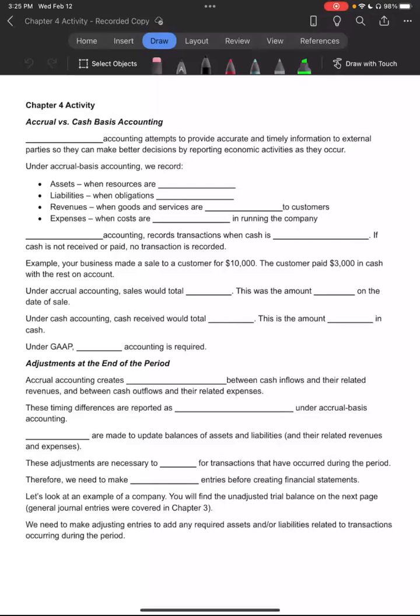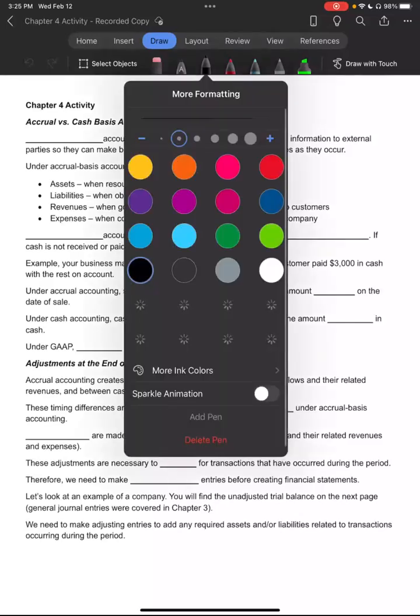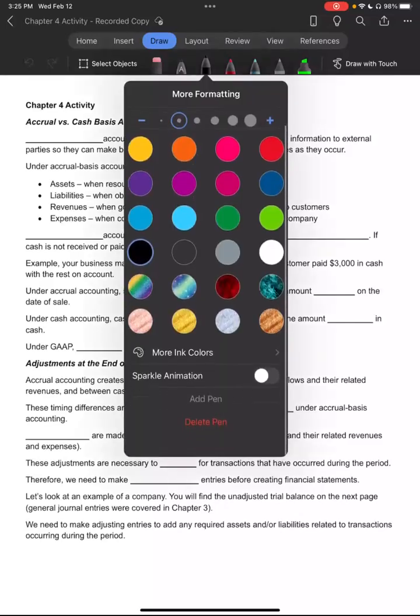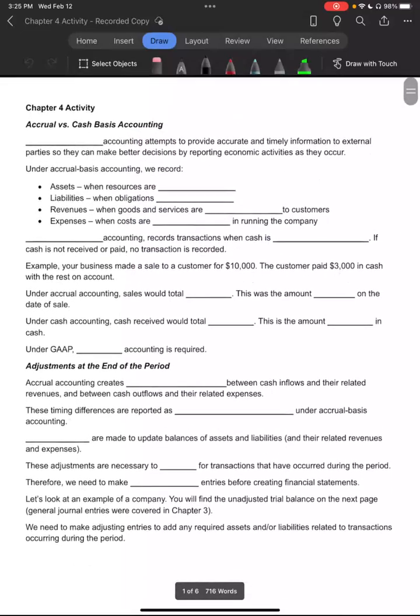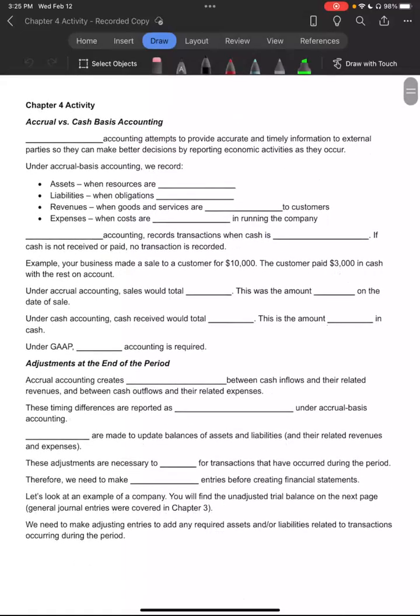Right, so I want to walk through activity 4 with you guys really quickly. The activity for chapter 4. I'm going to go through part of it pretty quickly because we did it in class on Monday. If you weren't in class on Monday, sorry about that, but you'll need to watch the lecture videos and get caught up on where we're at. So I'm going to go ahead and fill in the blanks here and just make it a little easier for us. That way we can go ahead and get to the journal entries, which is kind of the meat of